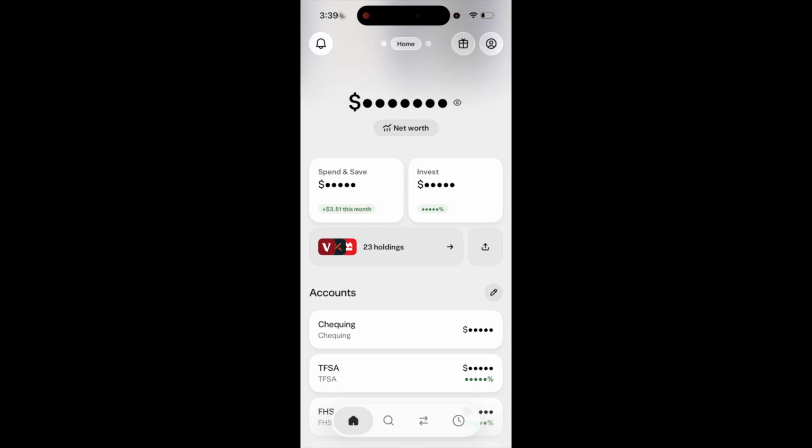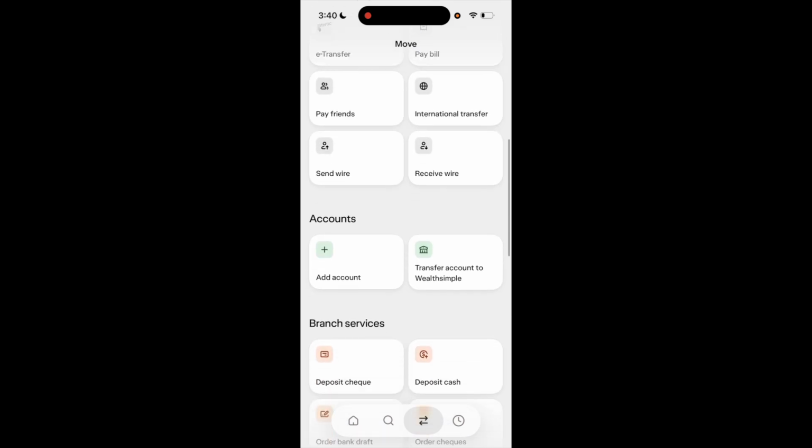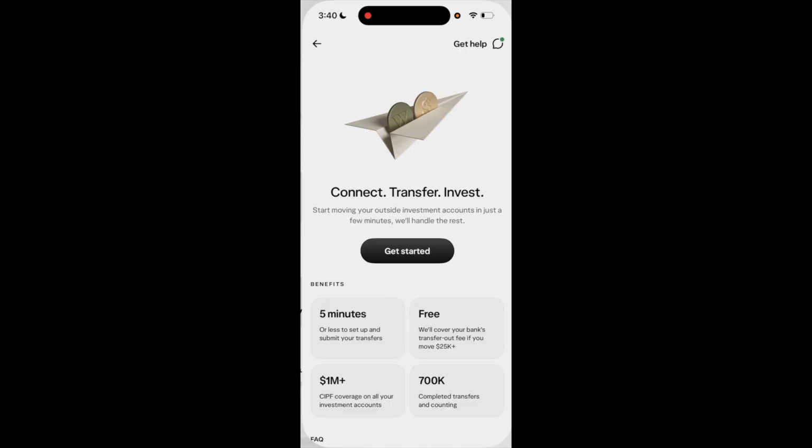This is how to transfer an RRSP account from EQ Bank over to Wealthsimple. Once you open up Wealthsimple, go to the bottom and press the icon with the arrows. Then just scroll down a tad to where it says Accounts and then press Transfer Account to Wealthsimple and then